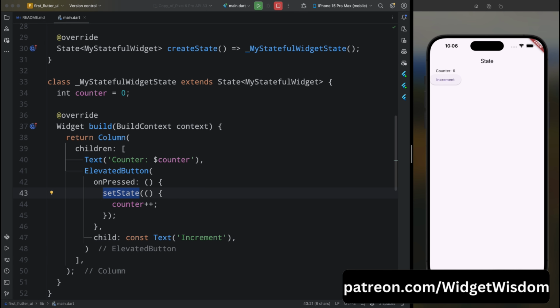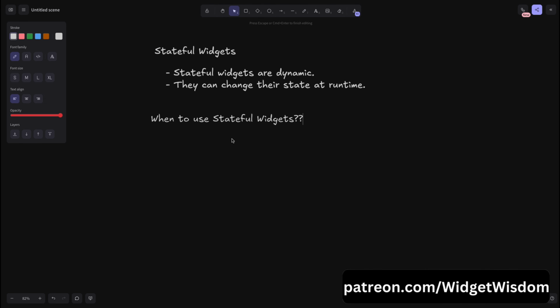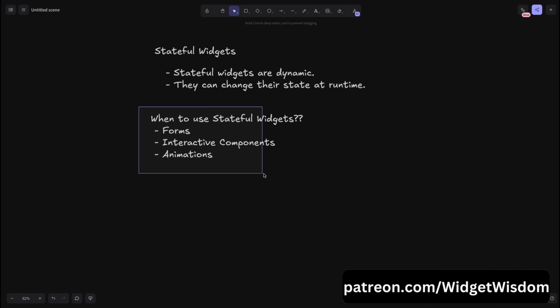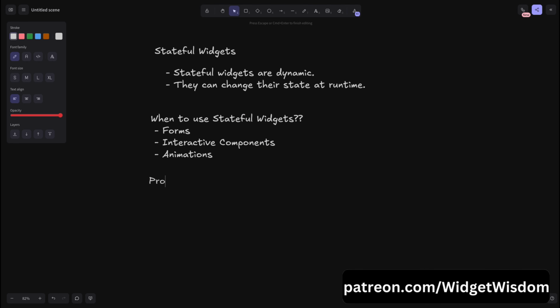So probably you are thinking that when should you use stateful widgets? So these are ideal for any component or UI element that needs to be updated dynamically. Like for example forms, where the user inputs data, or let's say you have some interactive components such as sliders, counter and toggles, which need to be updated whenever user tap onto them. Or there are examples of animation-like widgets that change over time or in response to user action. So in summary, stateful widgets can handle dynamic changes and they are great for interactive components.